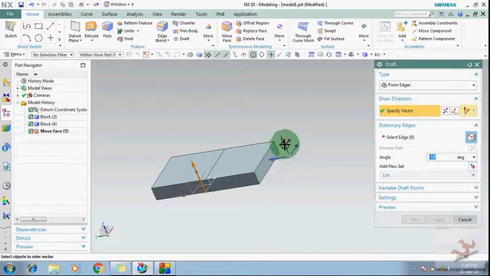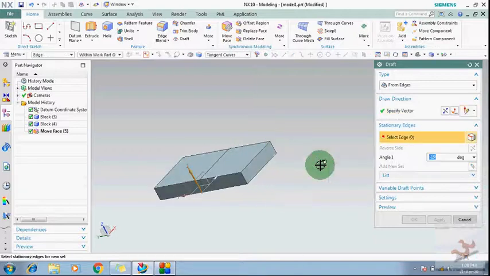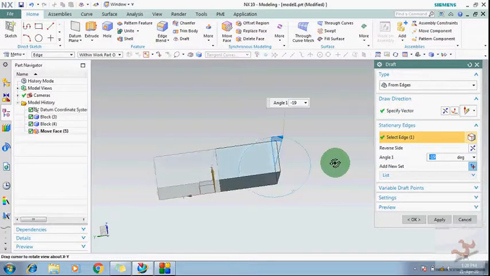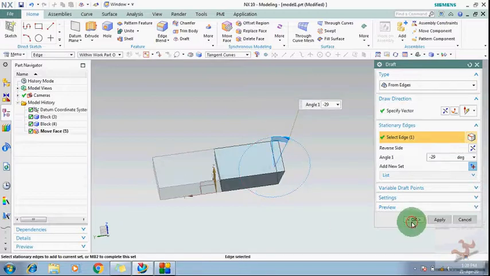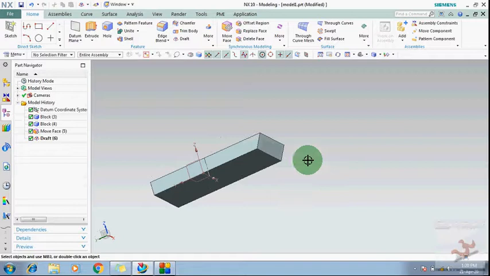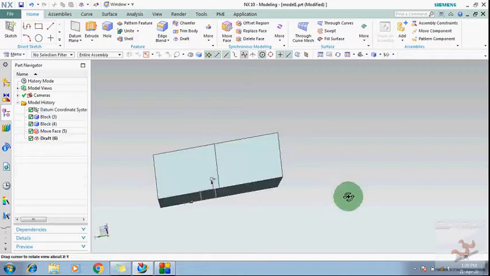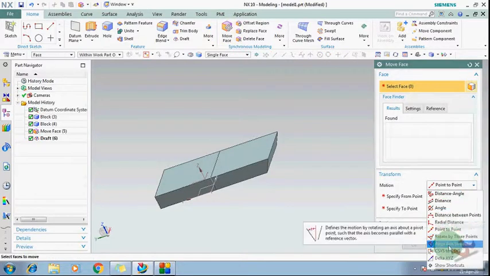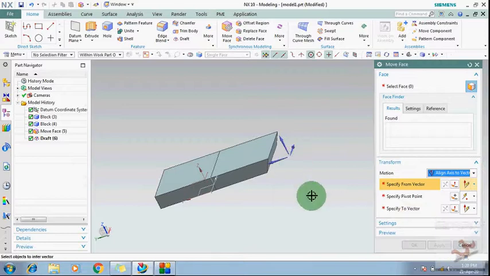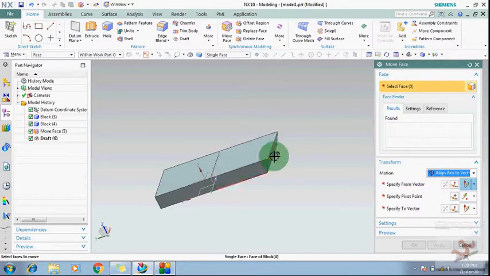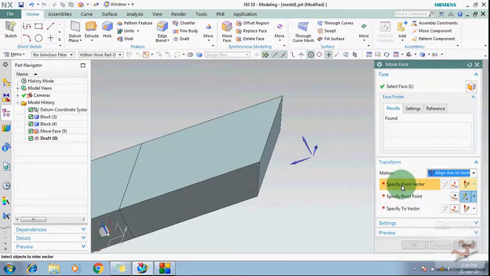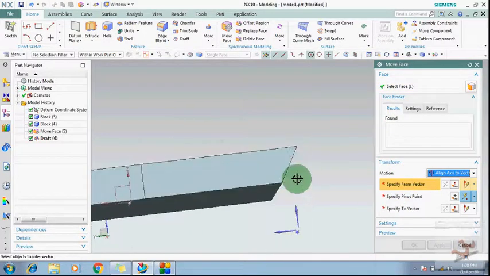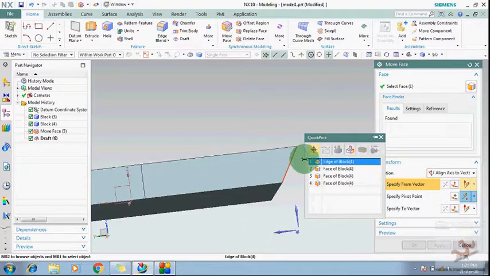Suppose that vector, and this one, and I have drafted it like here. Okay, then I want to make it parallel to the z axis. Then I can move it with the help of the align axis to vector. Okay, suppose that I have to select the face. I want to align this face, and I specify the vector from which you want to move, from this vector,